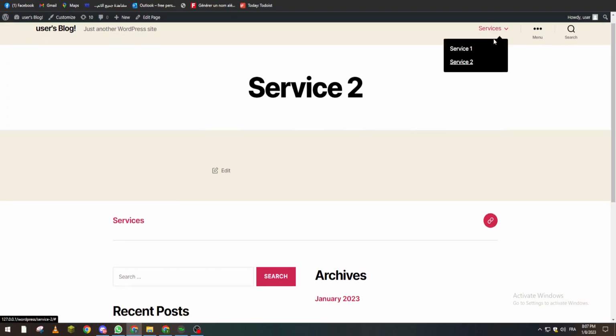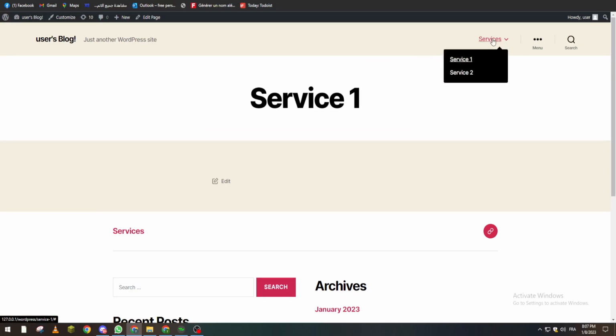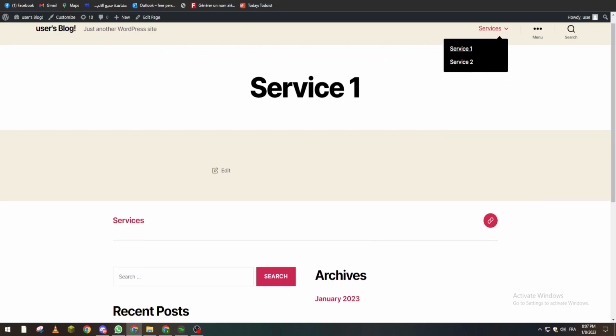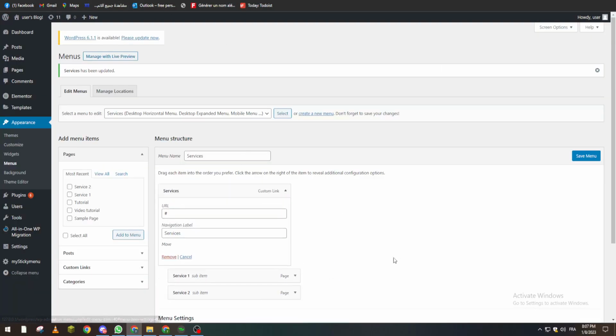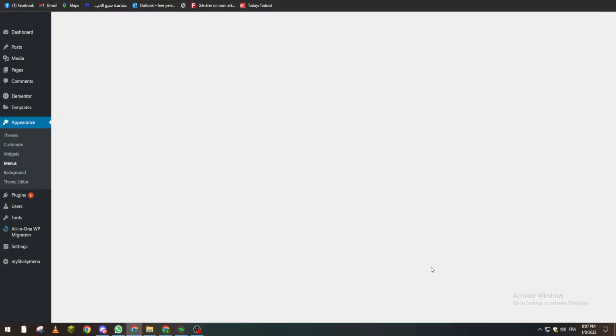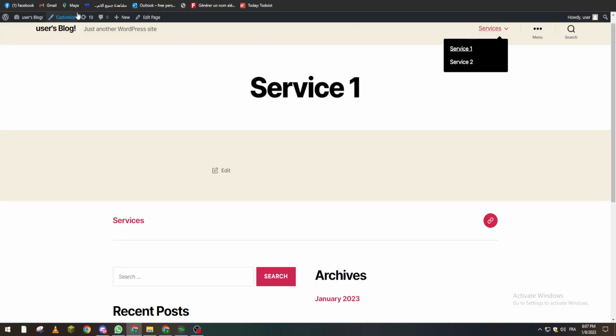So if we click on the services itself, it will not take us anywhere, but it will still move a little bit and change the URL. So what we need to do is go back here, custom link, and remove this URL and click on save. So right after you do so and refresh,